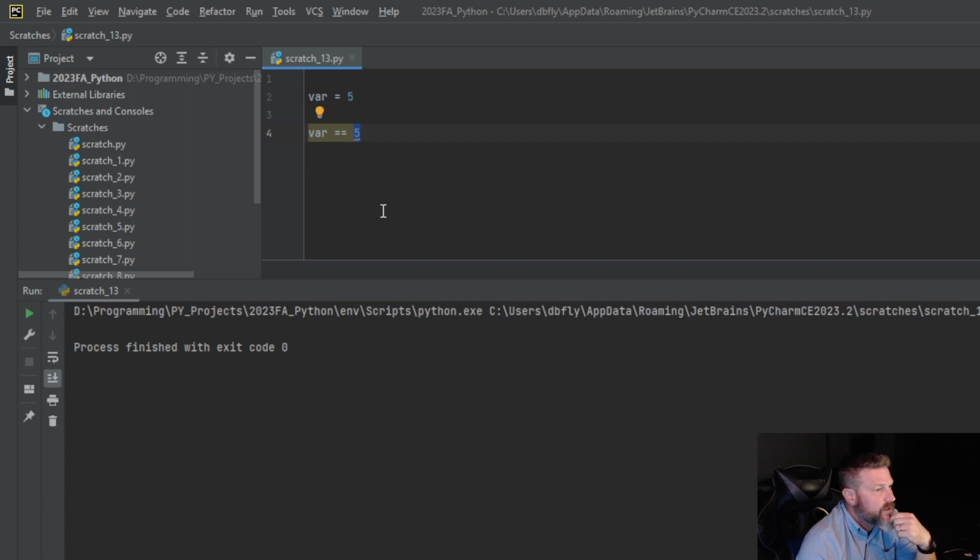We can test this using a Boolean operator. And a Boolean value is either true or false. A statement is either true or false, and that true or false becomes a Boolean. It can only be one of two things. So if I do a print statement,